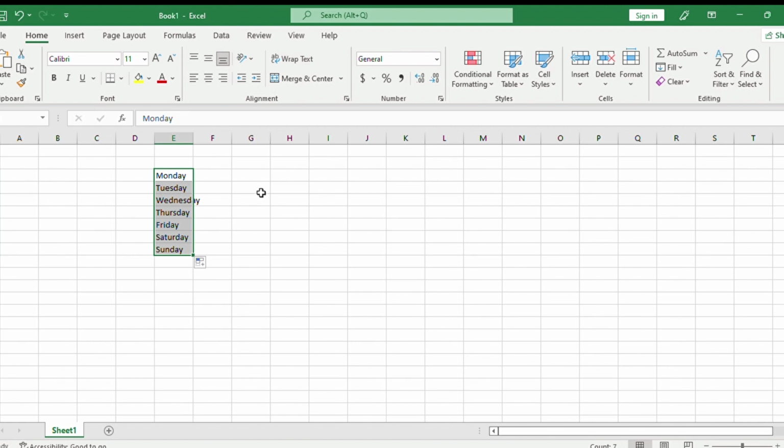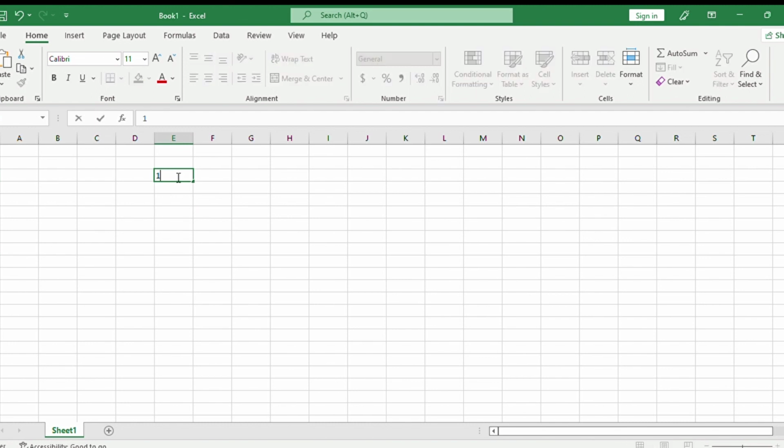Next, right? I'm going to auto sum two numbers. Let's say this one, number 1. Then this one, number 3. So 1 plus 3 equals to how many? Which is 4, right? So I just need to click this one, and then